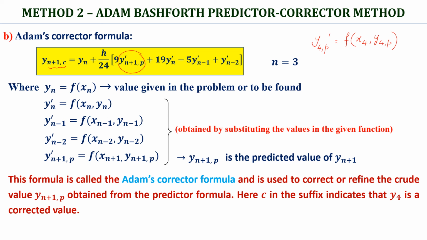Right now it is for us to remember the formulae. For Milne's we have two formulae. For Adams-Bashforth we have two formulae to remember. So we have to remember the coefficients along with the signs correctly and then apply them in problems. So this video is dedicated only to the explanation of what these methods are and what their respective formulae are. We shall do the working rule and then stop this video.